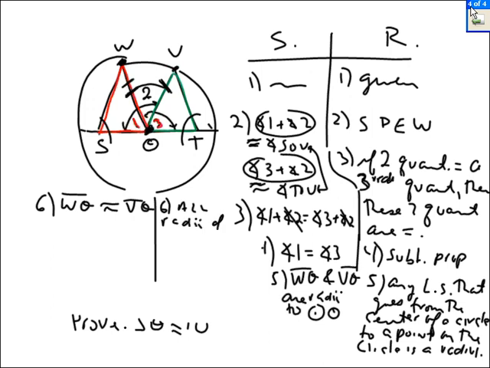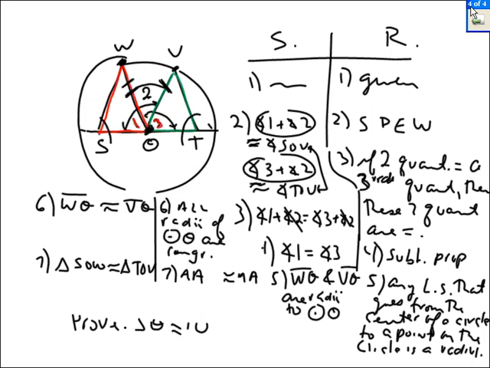All radii of circle O are congruent. Okay, number 7. Triangle SOW is congruent to triangle TOV. And why is that? Well, they do have two angles that are congruent, and they have a third side,